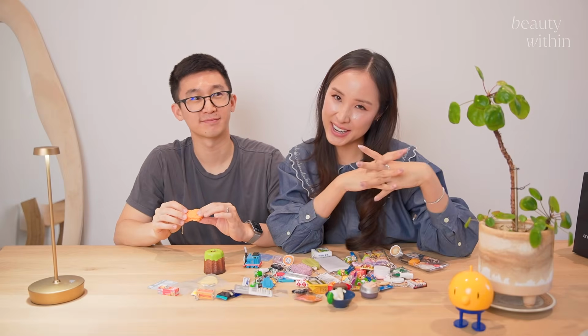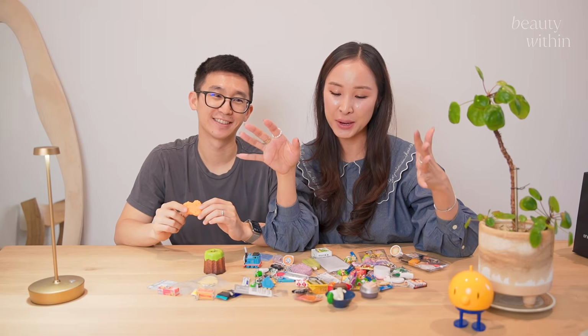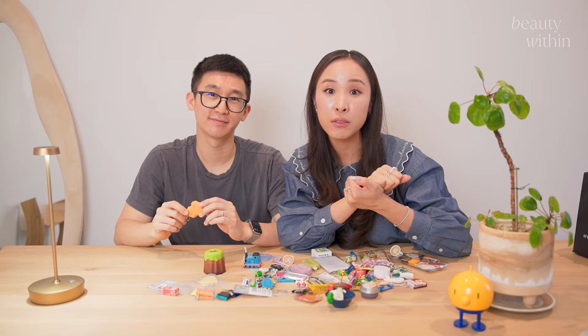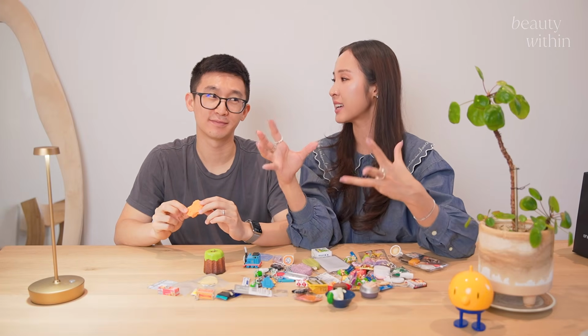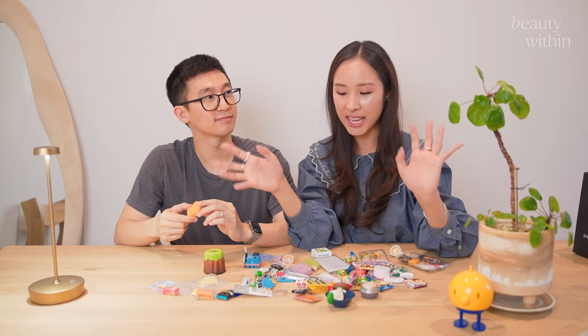So I hope you guys enjoyed this 2025 Japan haul. Literally, if there's any place we could go, it's always Japan because it's just one of those places that you can keep discovering and exploring. It never gets old and the food is delicious, the people are nice, there's so much to get and see,